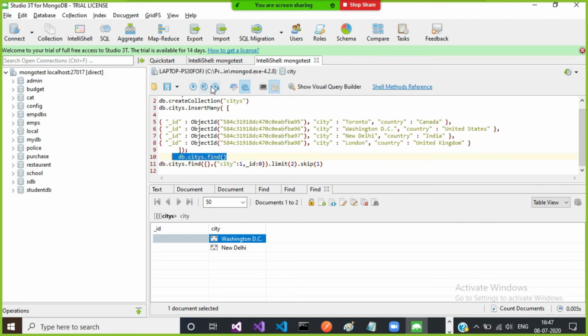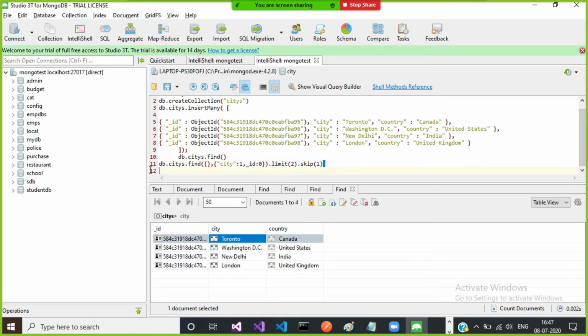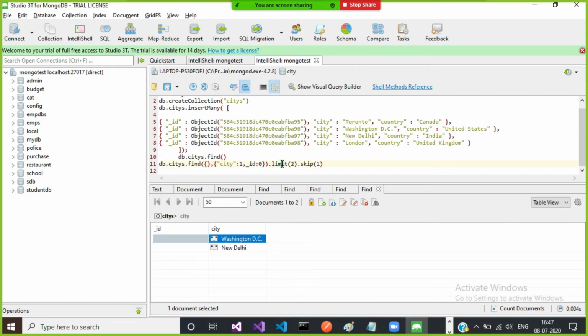Here if I try to write something like this, I will get all 4 city names. Here I will try to use the limit function, limit to 2, skip 1. If you are not writing skip also, limit will return only 2. But generally, if you want to get the data in a proper format, if you want to do filtration, then you can use the skip function. Is it clear? You can apply this one with group by also.